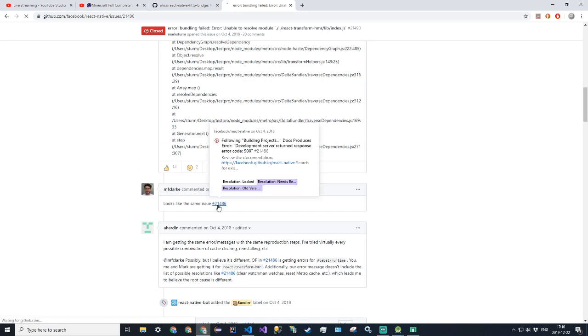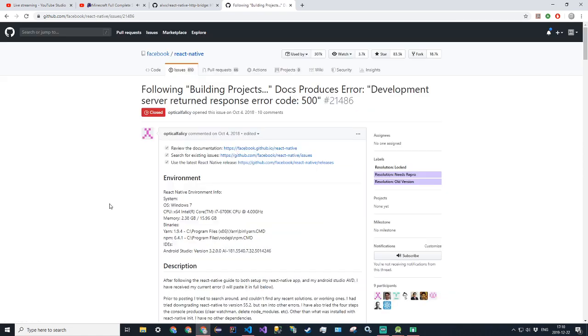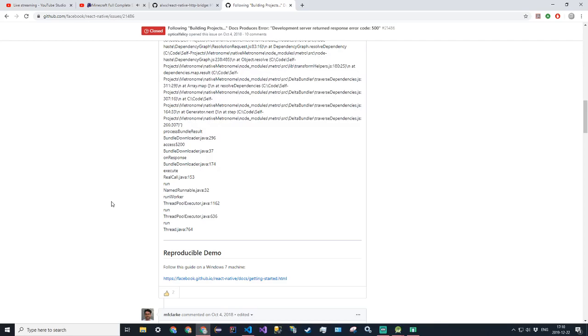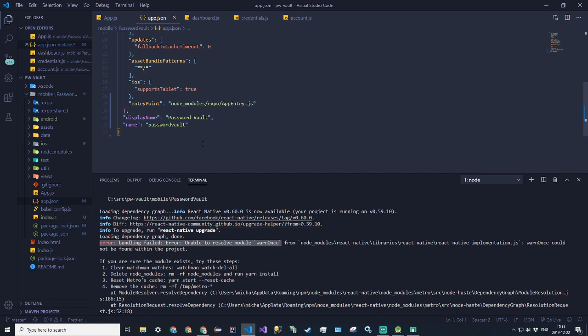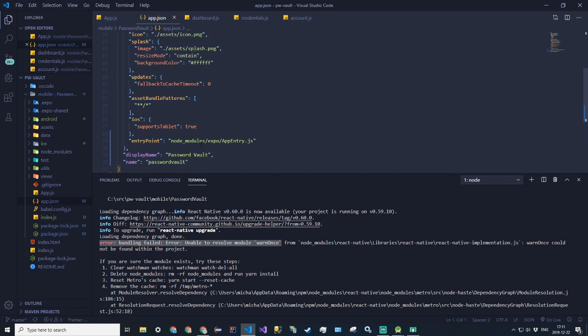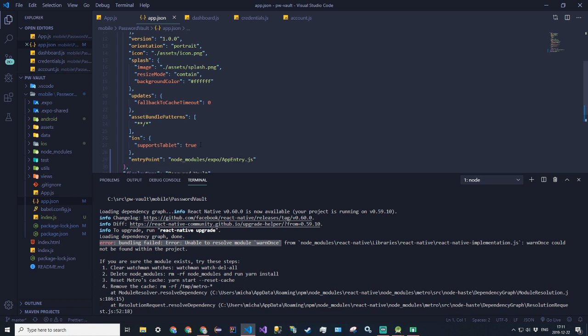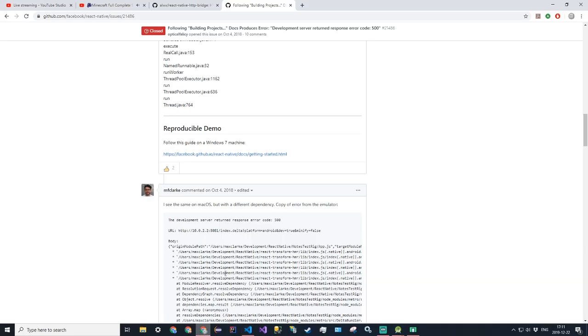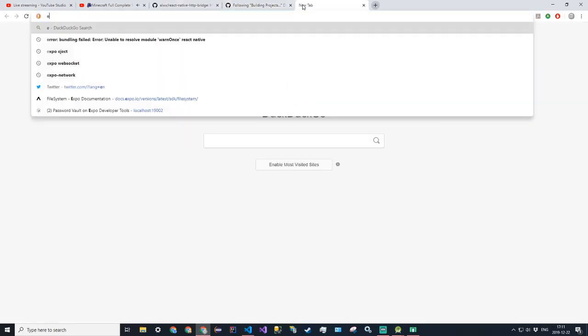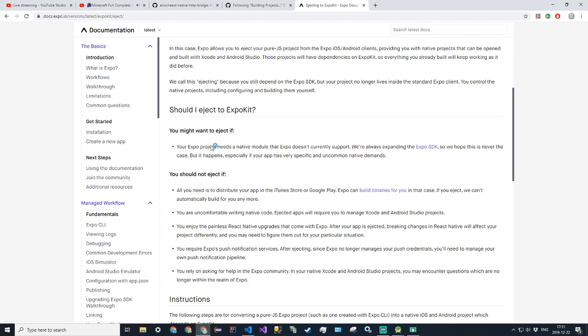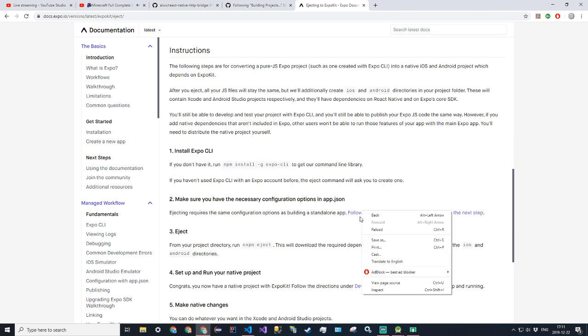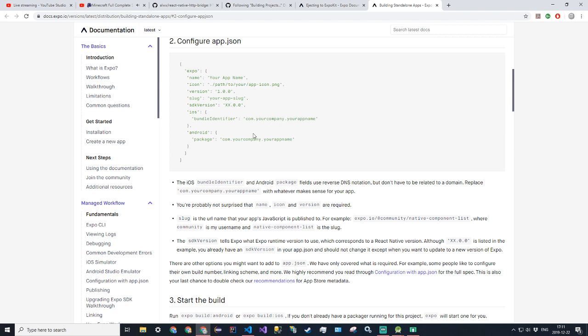Let's see what it says here. Oh, did I may not... What did I didn't do something. Oh, that's right, I never set the package name, so we actually have to do that. Hold on. Expo eject. Alright, so let me see what, so bundle identifier. Okay, so in